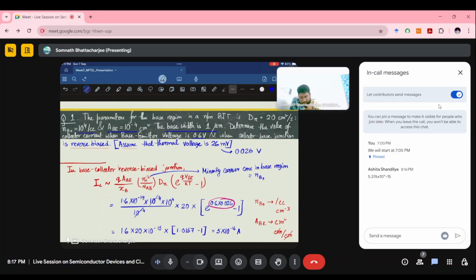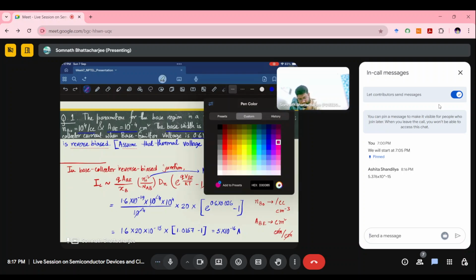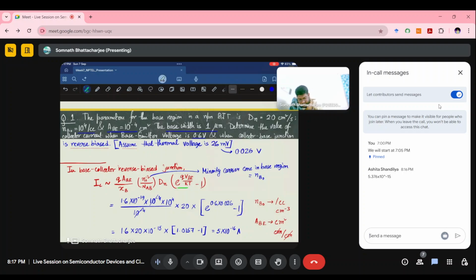Yes, this is a mistake. To convert it, just use a different ink, I guess. So here, this thing can be written as EVBE divided by VT. So divided by VT, not multiplied, because VT is nothing but KT by Q, not Q by KT. So here I was doing the wrong thing actually. So this value would be 0.6 divided by 0.026. So there was a mistake. That's why I was wondering why there was this higher amount. So this comes out to be